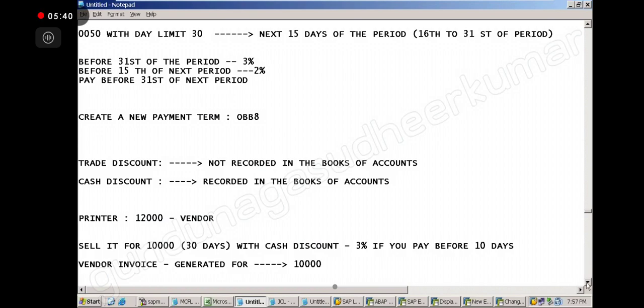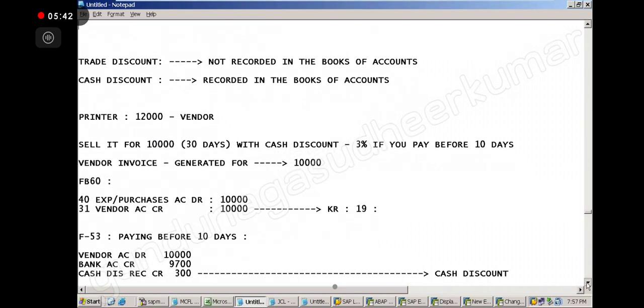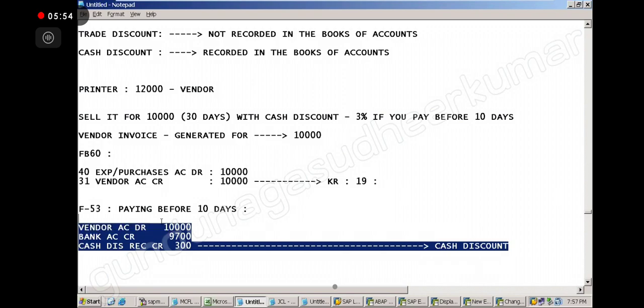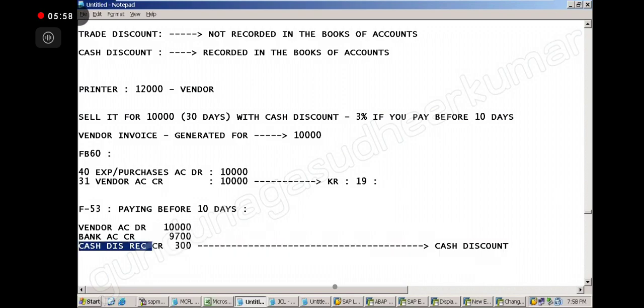Is that clear? 300 is recorded or not? Yes, sir. If you do not record, what will happen? The entry will not tally. You cannot post the entry. Simple. So that account is required to post. That's why it is recorded. Is it clear, everybody?